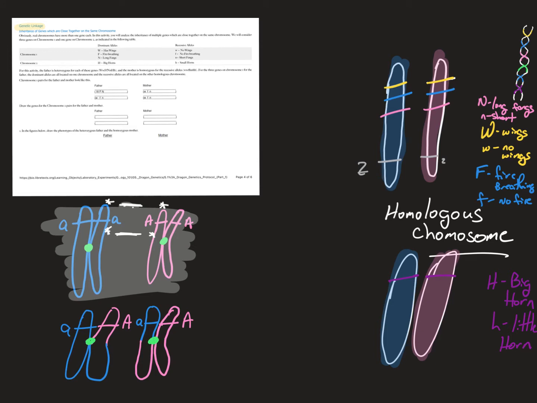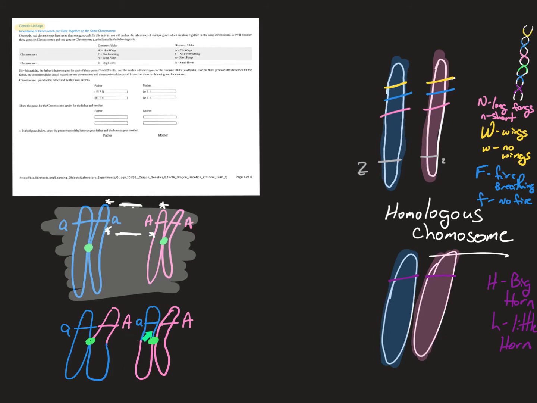So when you're looking at these chromosomes, when the genes are far apart, the way Z in this example is far apart from N, the W, and the F, notice they're very far apart compared to what these three are together. They're not going to necessarily travel together because crossing over could happen. And if they cross over, then big A is not always going to be found with whatever the other three are. So if the crossing over happens here in between these two sections of the DNA, then these three won't always travel with big Z, and these three won't always travel with little z, because they could switch,